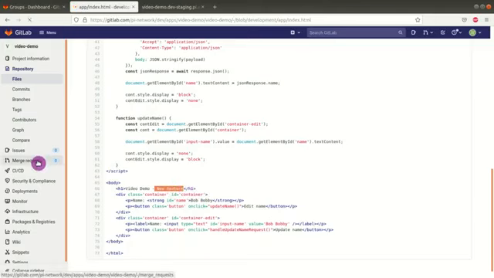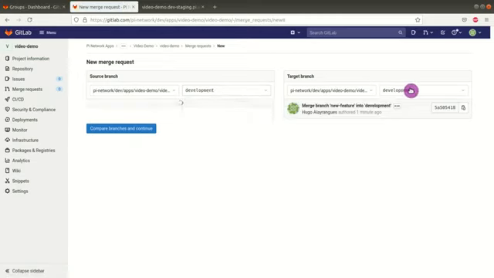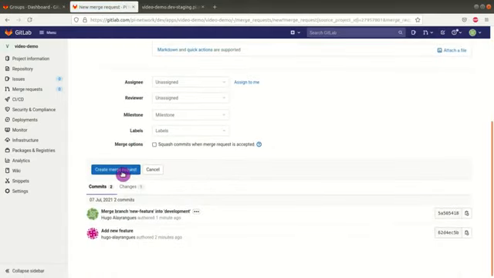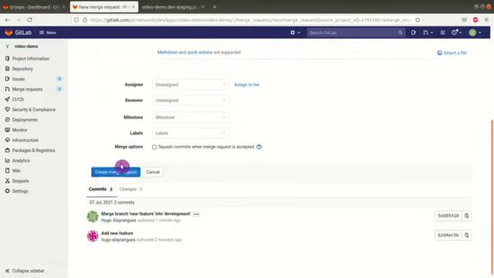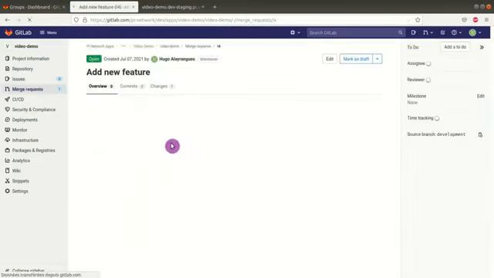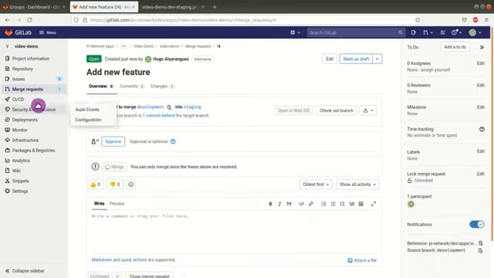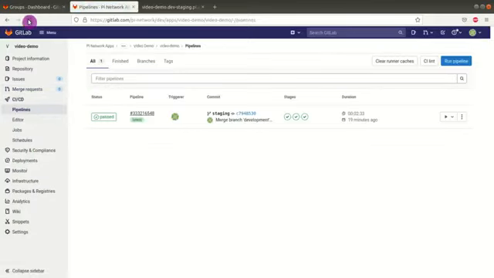So we have the new feature on the development branch. Now we can merge it into the staging branch so that it is deployed. Let's check status, new feature, create merge request, so we can merge it into the staging branch so that it is deployed. So when I press this button here, I can go to pipelines, refresh the page again,